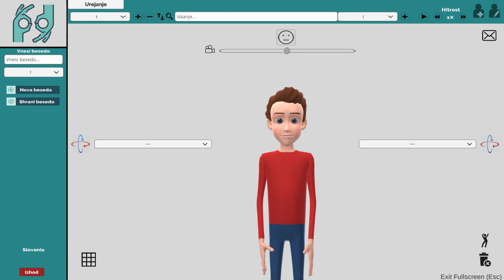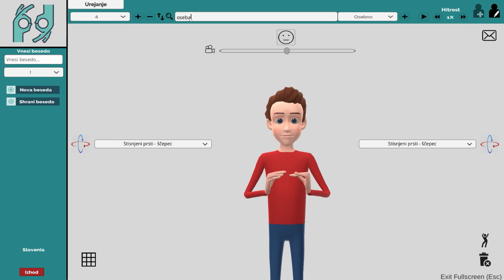Finally, we will configure the Slovene sign for a teacher. The sign is a combination of the two signs we have just created, teach and person. This allows us to use the functionality of importing existing words rather than make the sign from nothing. To make the configuration as easy as possible, we must import the sign in correct order. We begin with the sign for teach and then person.